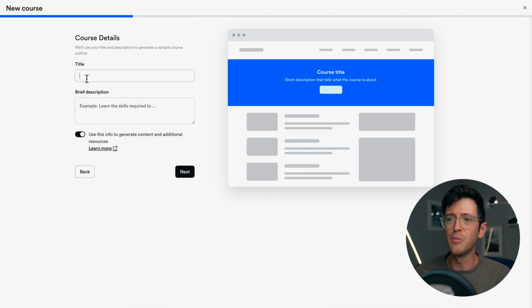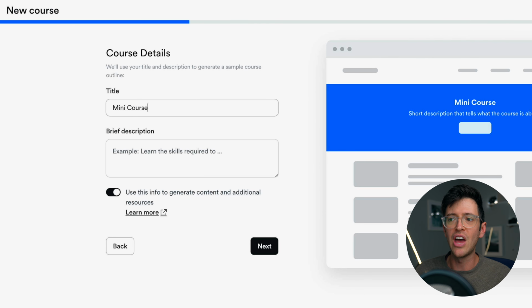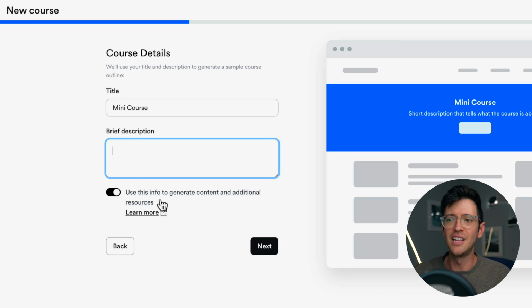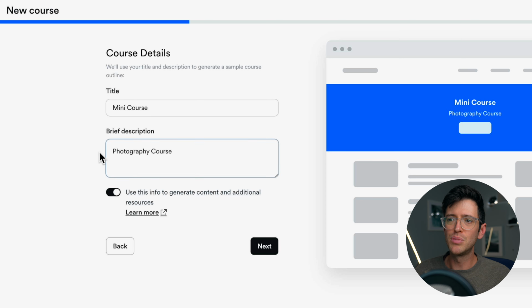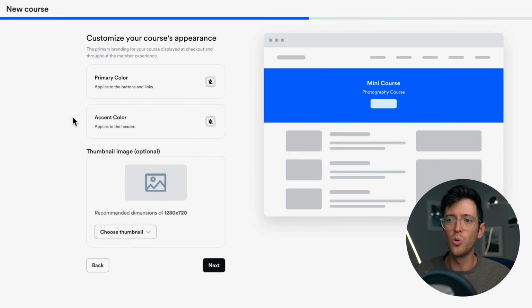You're going to type in the name of your mini course. You can also add a little bit of a description. Now this button here basically allows the Kajabi AI to go ahead and create a template for the layout of your course. Now, if you want to create one from scratch, then I recommend just leaving this off. But just to show you, if I created, say, a photography course here, and I just got it to automatically